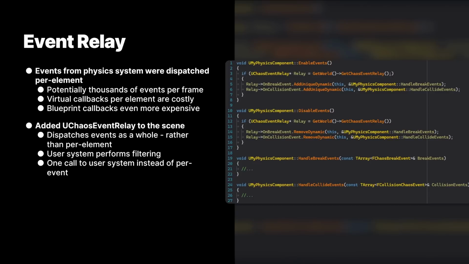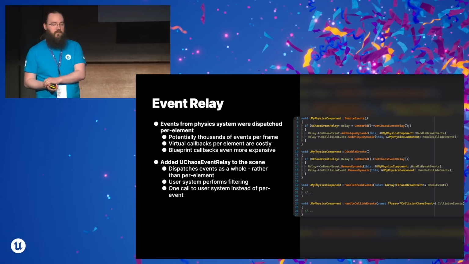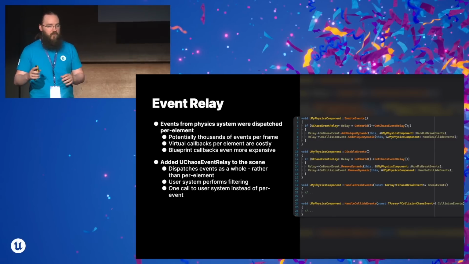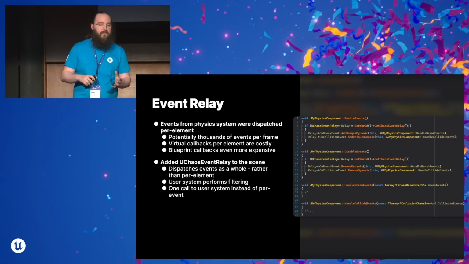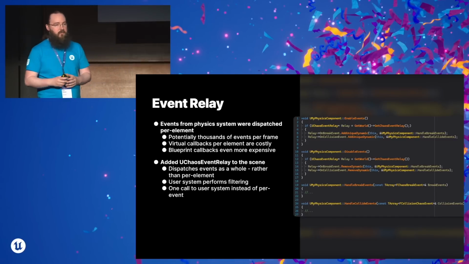It's available from the physics scene, and it exposes delegates for each of the event types, and they're all dispatched to user code as a single buffer. So it can then be further filtered by user code, and we avoid doing those callbacks over and over for every element. We use this to centralize all of our collision and break events for audio processing. We filtered them, processed them in one place,